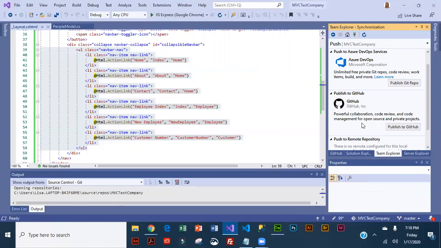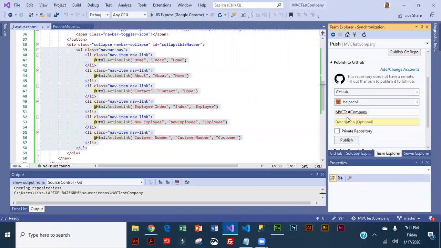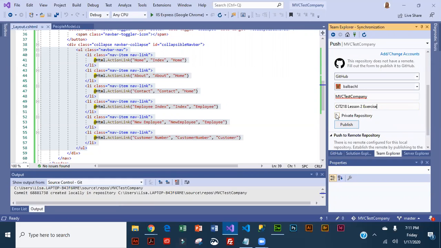Okay, and you'll notice now I can publish to GitHub. Okay, so it's got where we're publishing to, it's got my account, it's got the name, and that's going to be the name of the repository. And I'll just give it CIT 218, Lesson 2 exercise. Okay, and I'm going to make mine private. You guys need to make yours